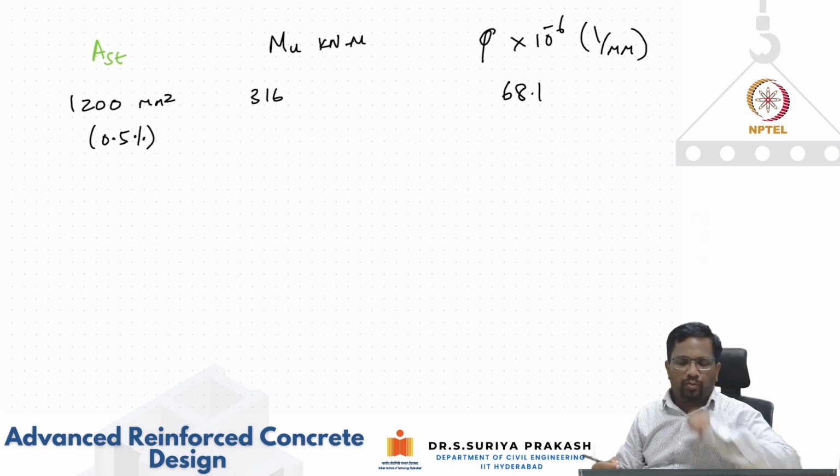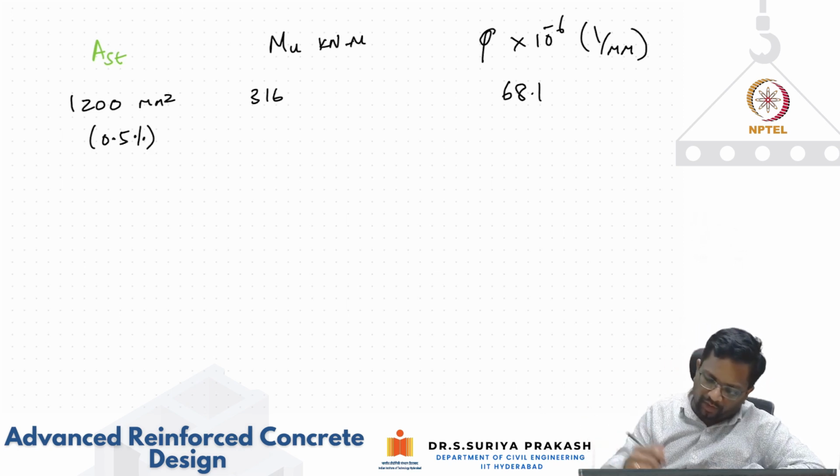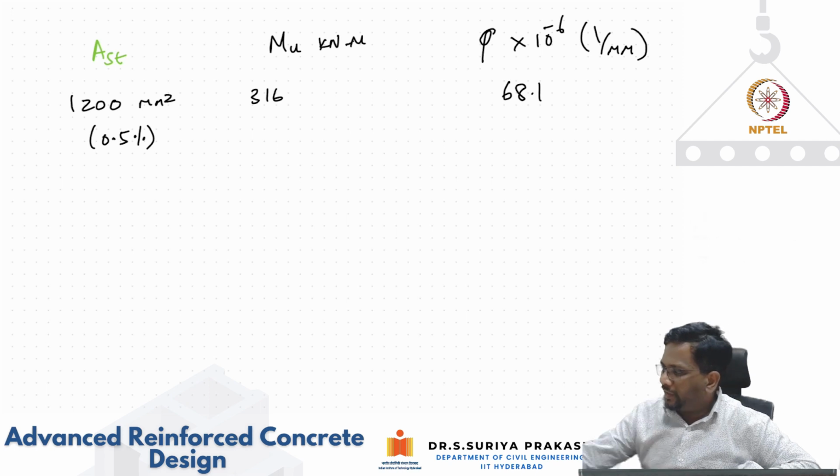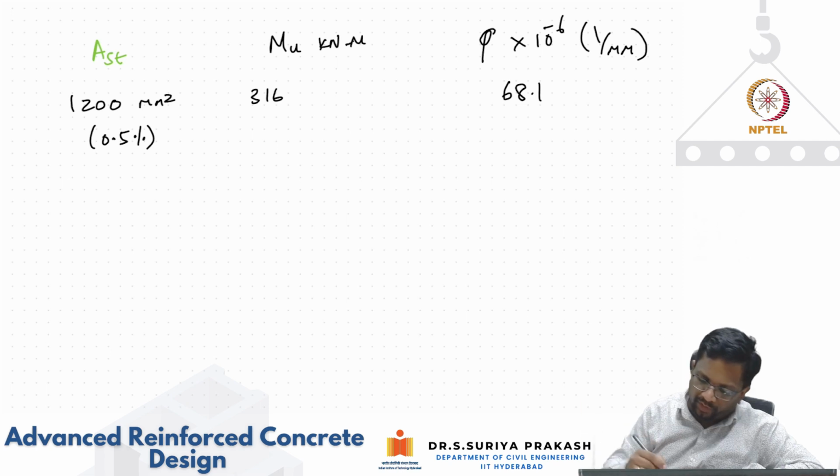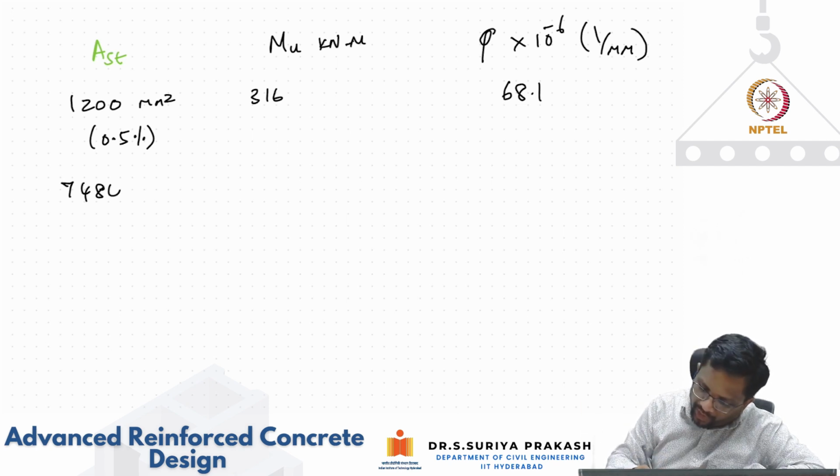Okay, very low amount of steel. Now, when the AST has increased to 7,000, how much was it? 7,480. That corresponded to a ratio of 3.12 percentage. So, when the AST becomes 7,480 millimeter square, corresponding to a percentage of 3.12 percentage,